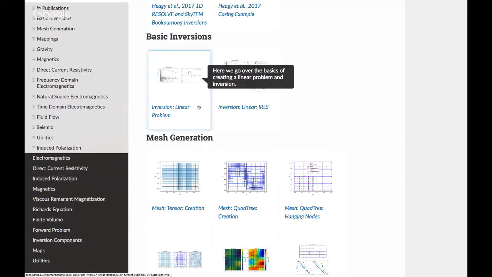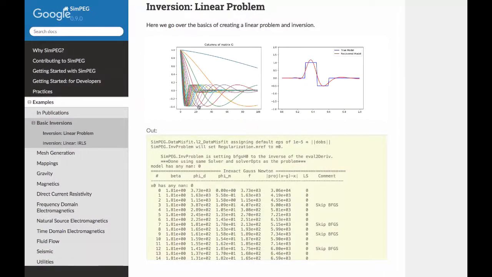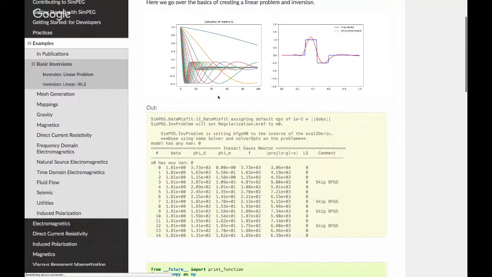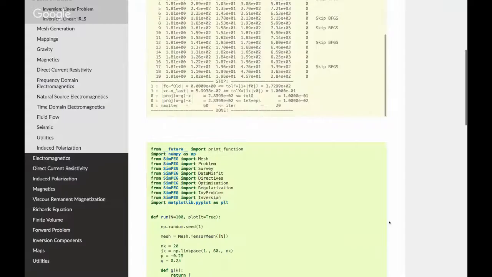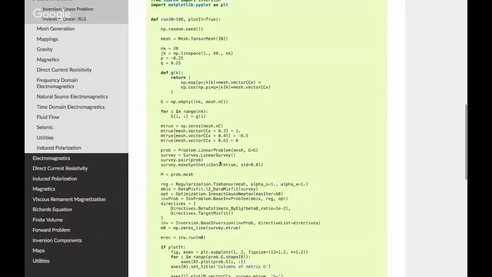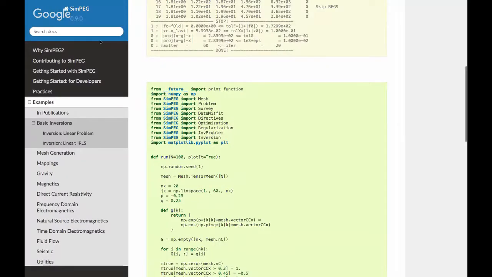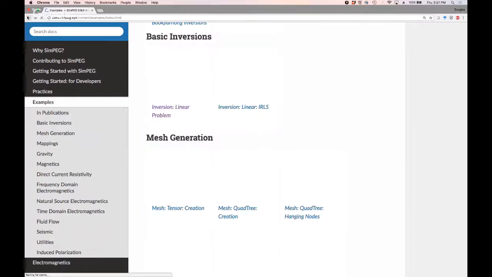So you can go and see how we programmed up the linear problem. And so step by step, they show building a model, building a regularization, and all of those sorts of things. So if you want to see the code that underlies some of the apps, this is a place to go. So in addition to the simple linear problems,